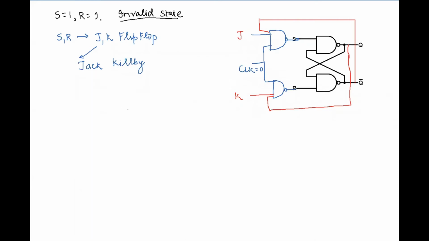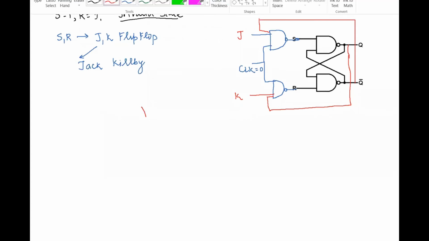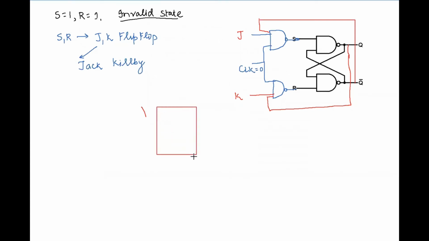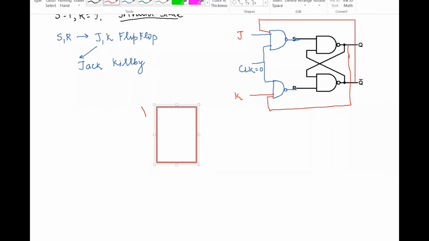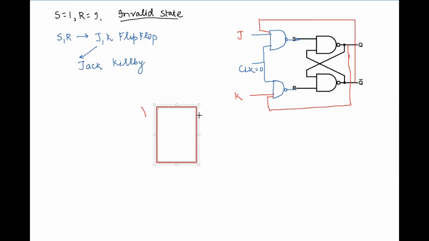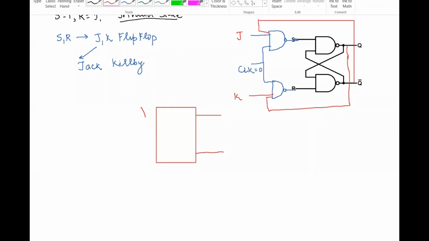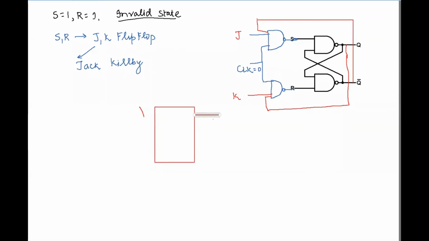Another simple way by which the JK flip-flop can be drawn using an SR flip-flop: suppose this is your JK flip-flop, and here you put an AND gate.